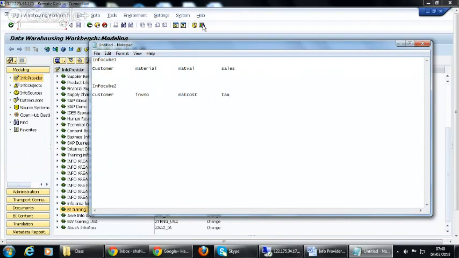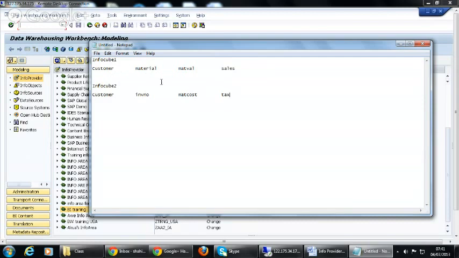So if you bring them into context, if you add these two info providers to the multi-provider, then what will happen? All these info fields will be brought into context, and because some characteristics are similar, you have to make the identification of the characteristic, and you will do that in the modeling of the multi-provider.